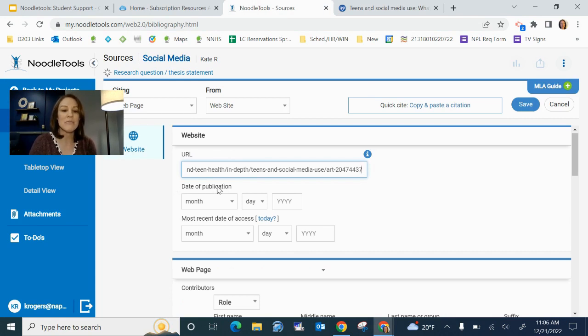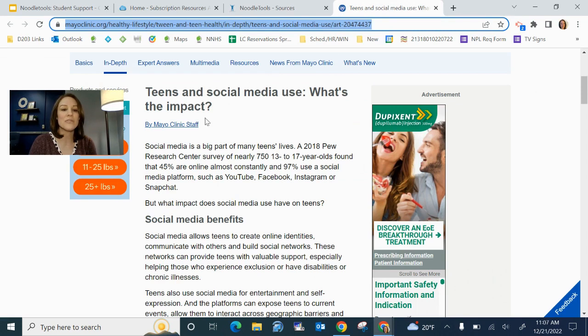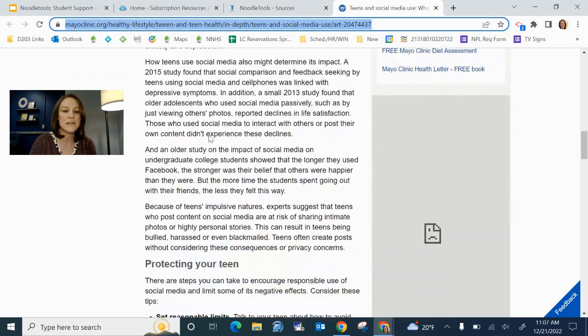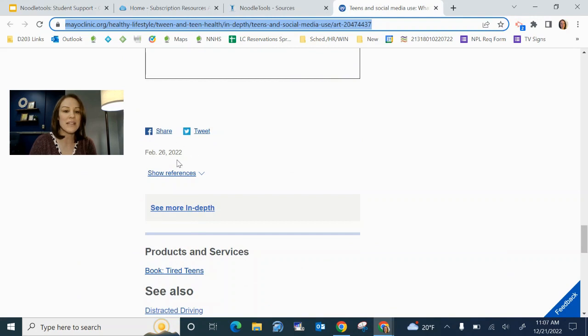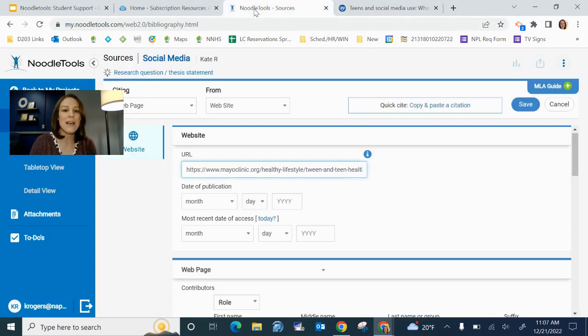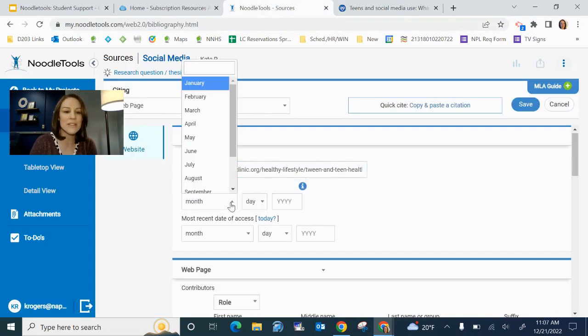Second piece of information it wants is the date of publication, when this was posted online. So I usually scroll to the title of my article and I look at the top for the date. I don't see it there. And I look at the bottom of the article. Oop, there it is, right here, February 26, 2022. So back in Noodletools, I will enter that date,